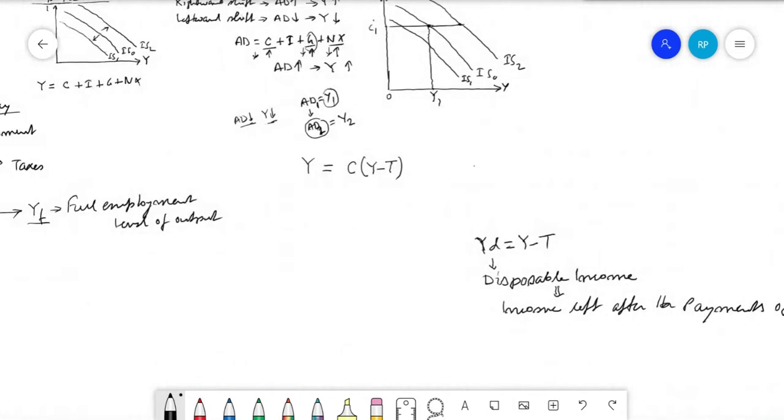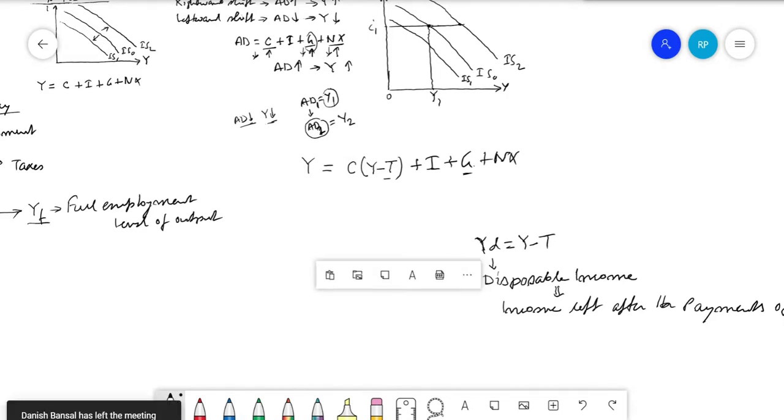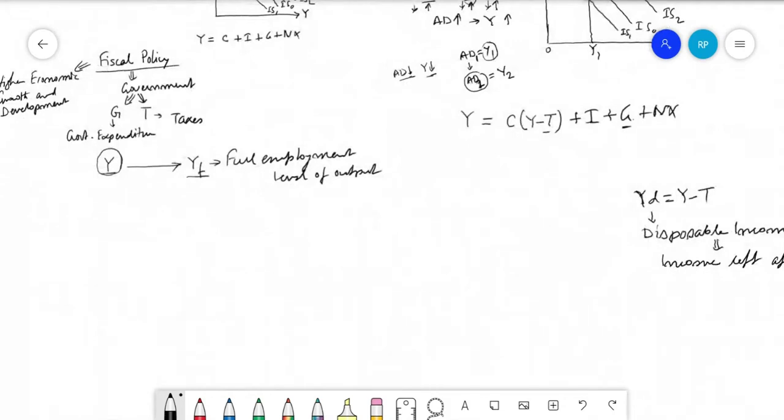So you have written Y equal to C, which is a function of Y minus T, plus I, plus G, plus NX. Just think, G is here and T is here. This means both of these instruments of fiscal policy are there in the commodity market equilibrium, that is, in the aggregate demand portion. T and G both are there. Clear? So if the government under fiscal policy is increasing G or